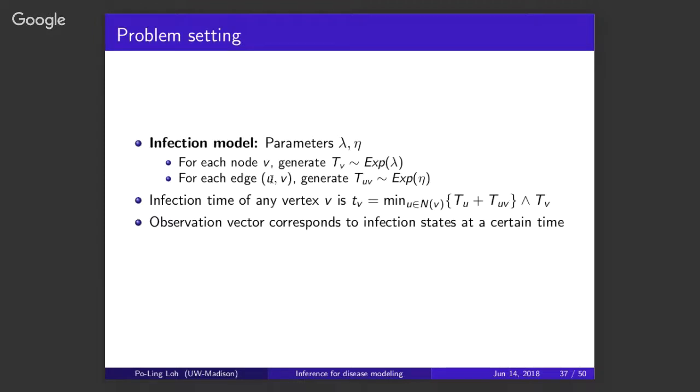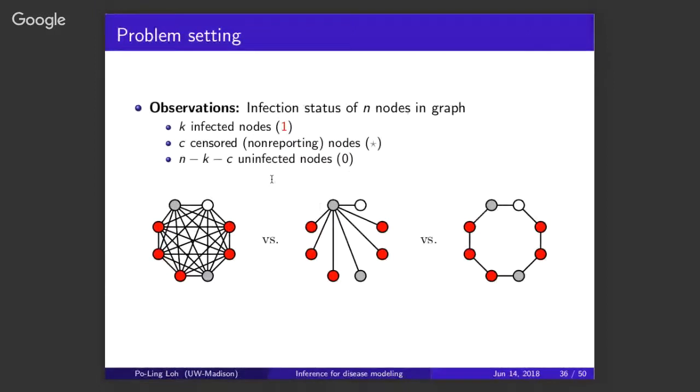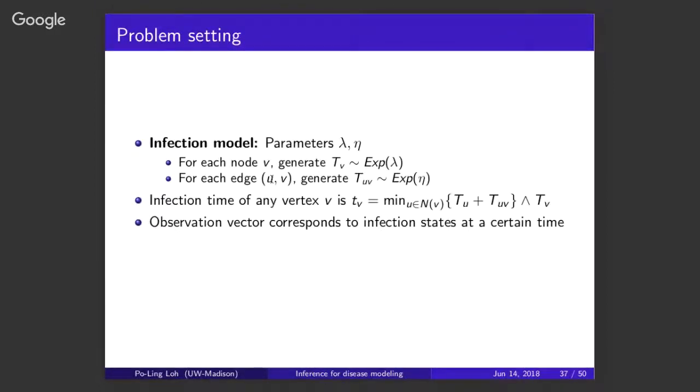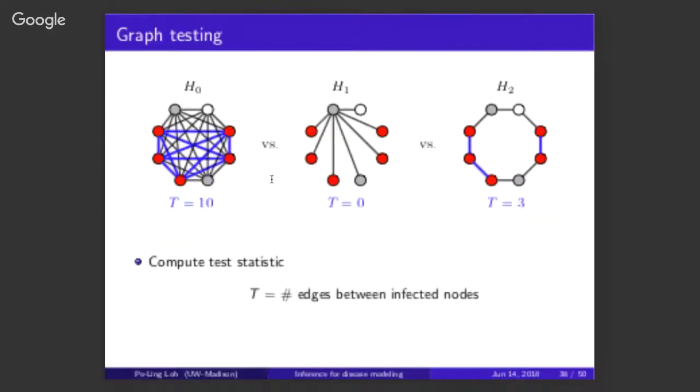Okay, so then the observation vector, well, I say vector, but really it's just the figure of who is infected and who is not. So that corresponds to the infection states at a particular time step. And furthermore, we assume that the censoring is chosen uniformly at random. So think about it like there's an infection and it grows out to a particular time when there are n nodes that are infected, and then some subset of nodes are censored uniformly. Okay, so as I said, the trick with hypothesis testing is to figure out a reasonable test statistic, and then to figure out a reasonable rule, and then to prove that it works.